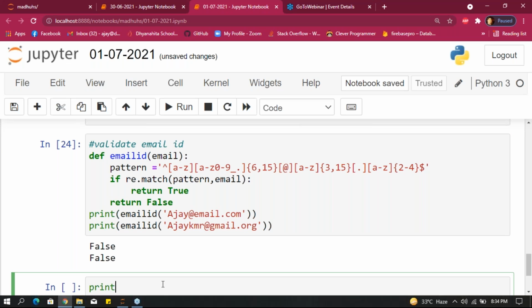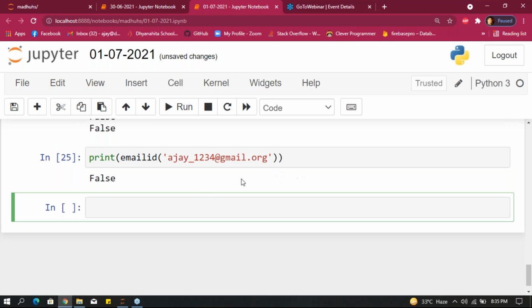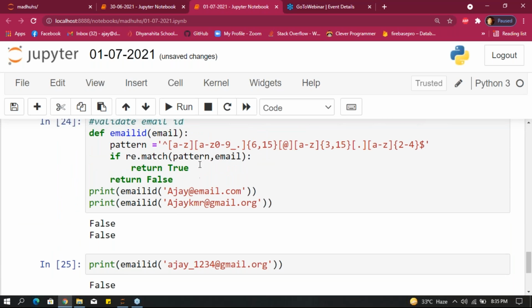We'll do one thing. Print email ID. Okay. Underscore 1234. Use small letters, guys. Sorry. And give @gmail.org. That is what's right.